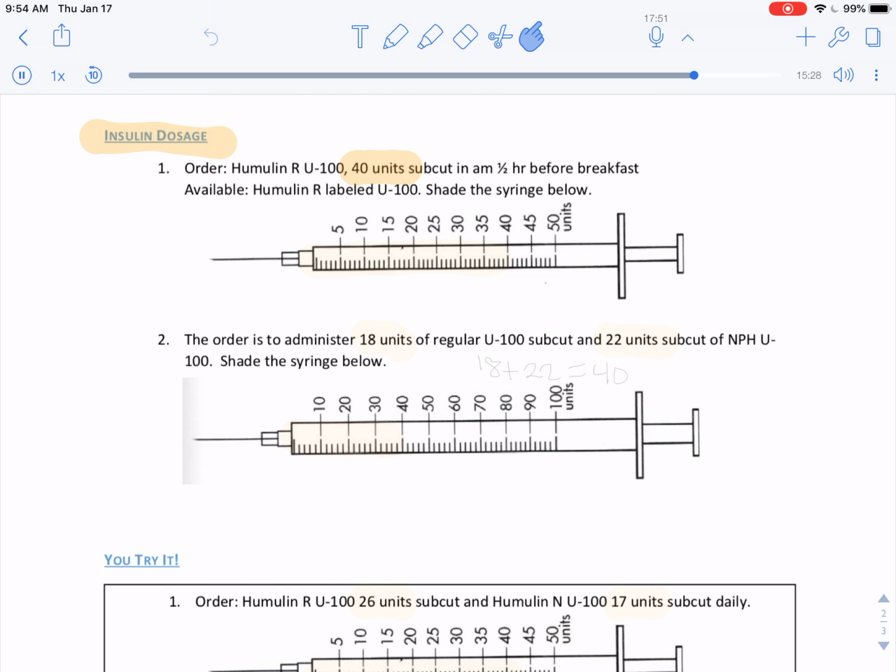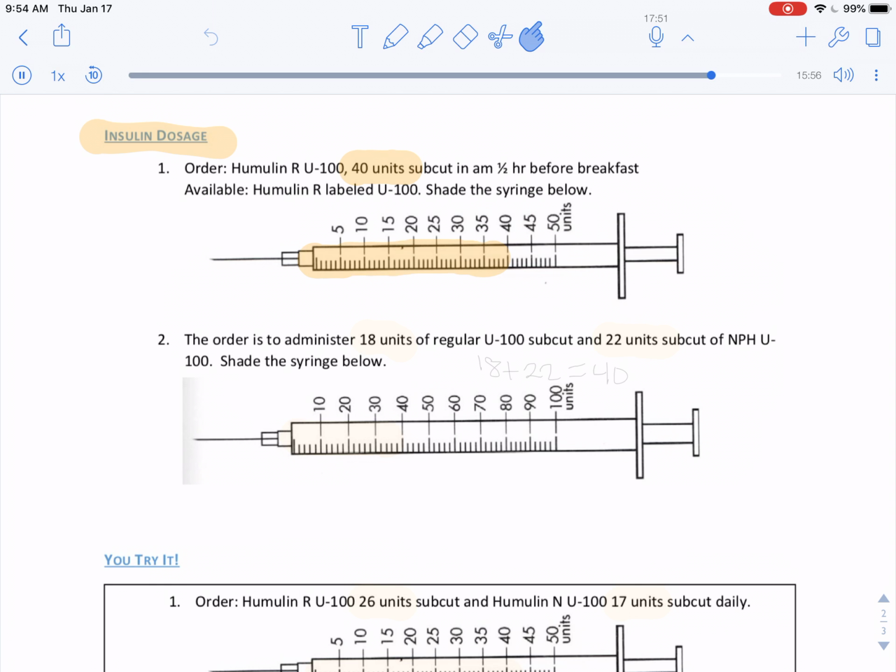Pardon me with that shading. You want to go all the way to 40. My apologies, it's not to scale, but the idea is still there when you want to go all the way to 40. Now you want to do the same thing for the other problem, but we have two different kinds of